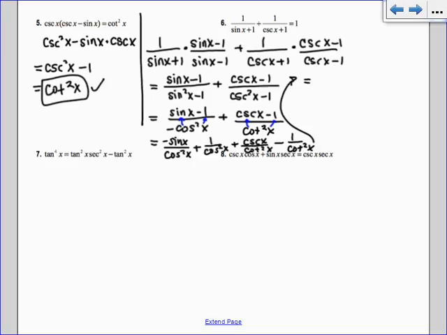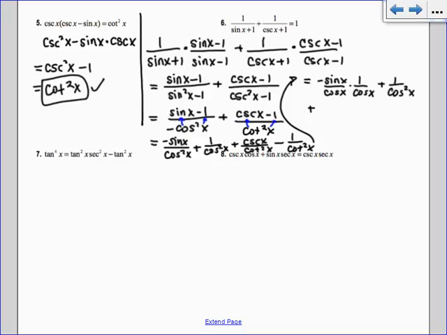which equals, so I'm going to have negative sine of x over cosine of x. Where am I going here? Times 1 over cosine of x. I don't know if that's where I'm trying to go. We'll try it. See, even I get stuck sometimes. 1 over cosine squared x